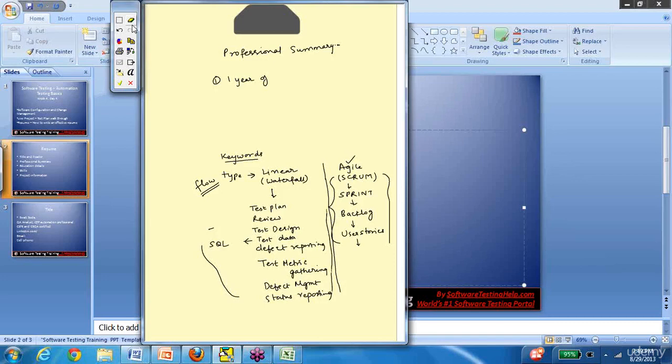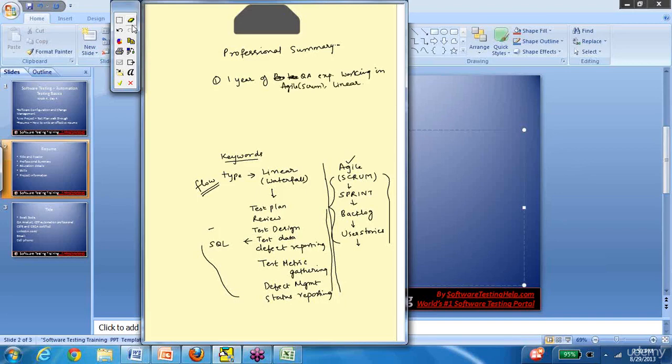Okay, I will now show you how you can use these words repetitively, because a lot of you, I'm sure, feel that you haven't done enough projects to be able to repeat something over and over again. So we'll see how we can solve that problem. Okay, in the professional summary, you can say 1 year of QA experience, working in agile, Scrum, and linear projects.